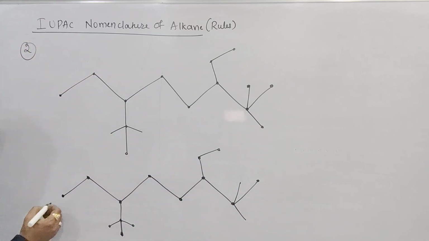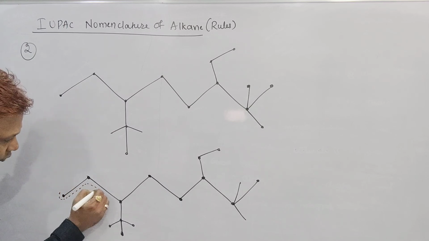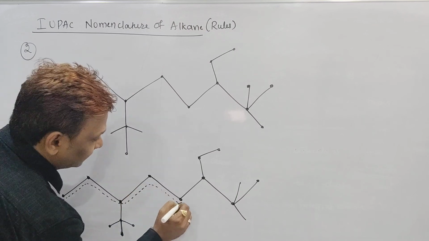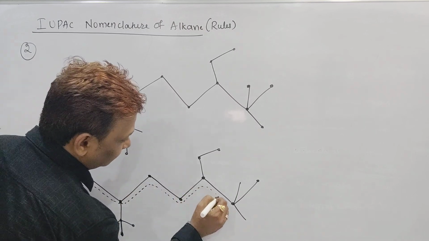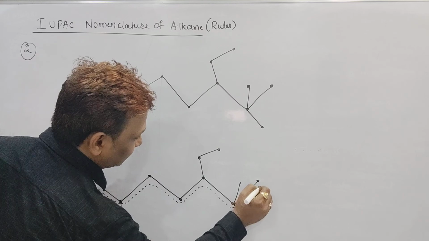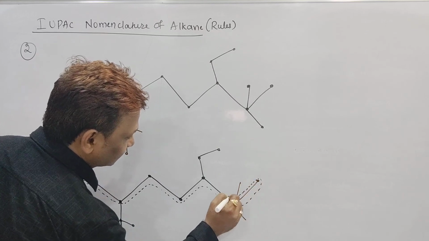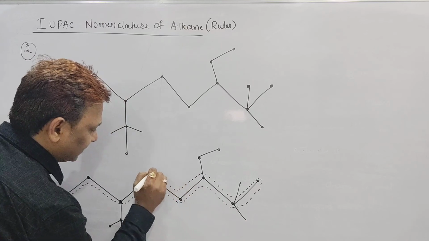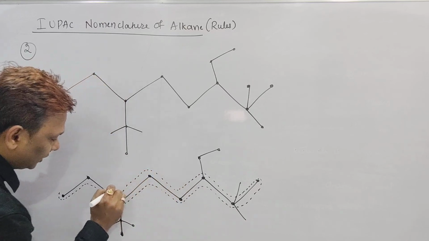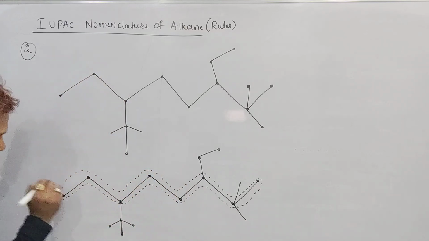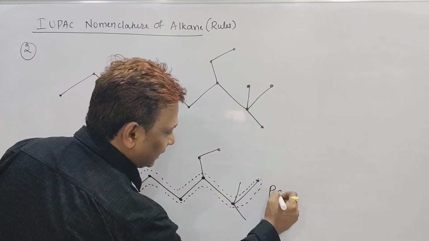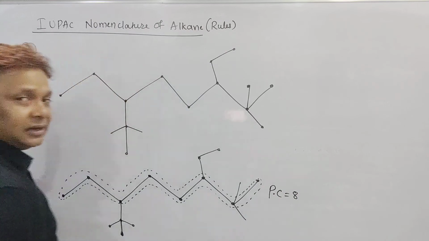What I will do, beta? I want to consider this is my PC. Suppose I don't know, I am considering this is my PC. What is the PC? Yes, very good. Parent chain is called a PC, right, beta? This is my PC, called a parent chain. Beta, in this parent chain, can you tell me how many carbon atoms are there? 8. So shall we write here? Sir, in this compound, my PC number of carbon atoms is 8.